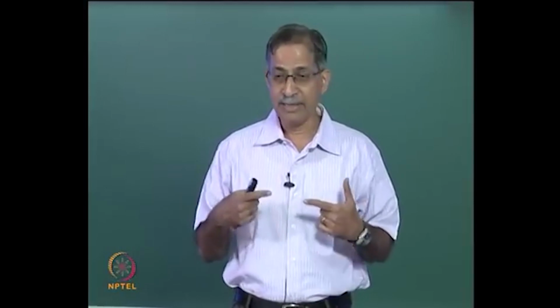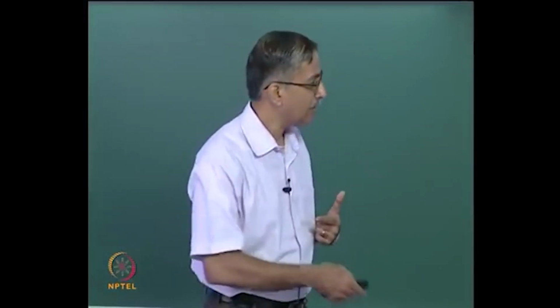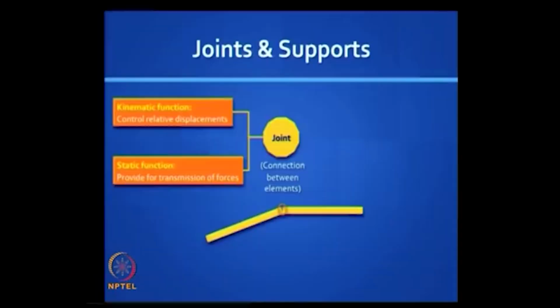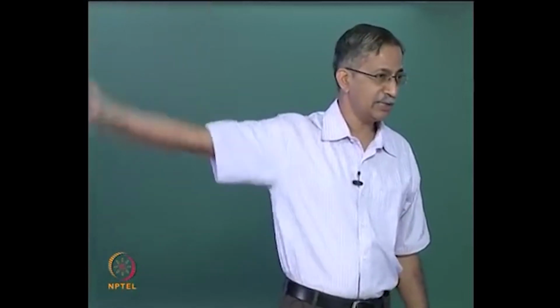So if you have a rigid connection you would not allow any relative movement. So in summary you have a kinematic function. The purpose is to control relative displacements. The displacements could be either translations or rotations. For example, the joint here at the shoulder, you have a ball and socket joint which can allow movements in all directions,